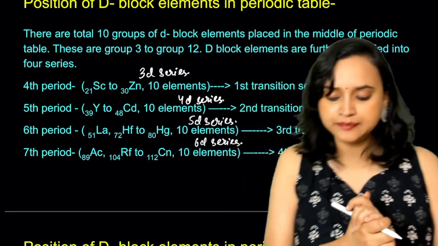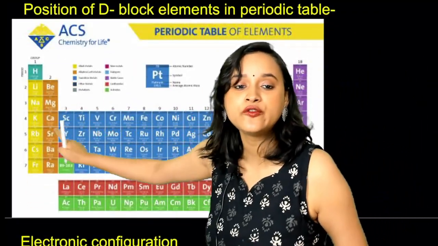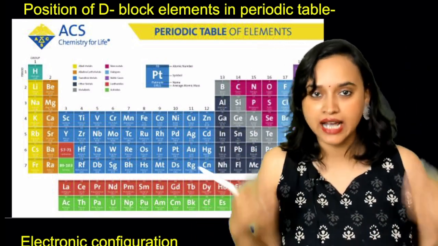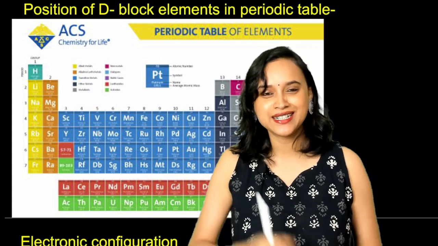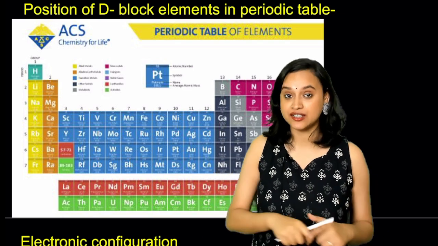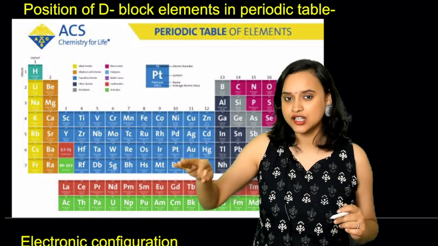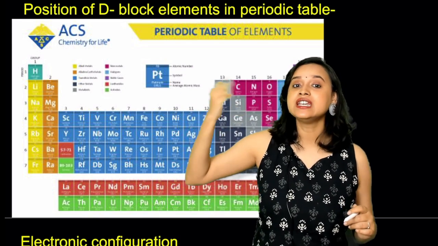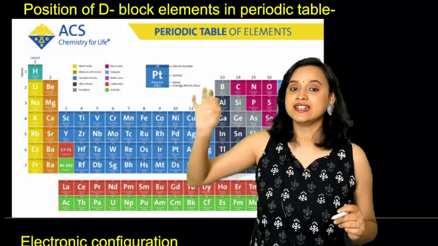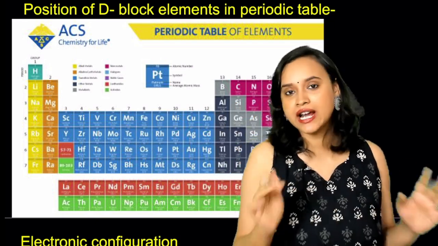Yes. All right. Now, this is the position as I told you. You need to remember the first 3d series very well. How do you remember it? Write it down if you want. This is a mnemonic that I have been using for a very long time and my students have liked it. The mnemonic is: Sachin Tendulkar, very crazy man, free coaching, Nick's cousin. Sachin is scandium, Tendulkar is titanium, very is vanadium, crazy is chromium, man is manganese, free is iron, coaching is cobalt, Nick is nickel, and cousin, CuZn, copper and zinc. Remember it like this. Yes, everybody. That's it.